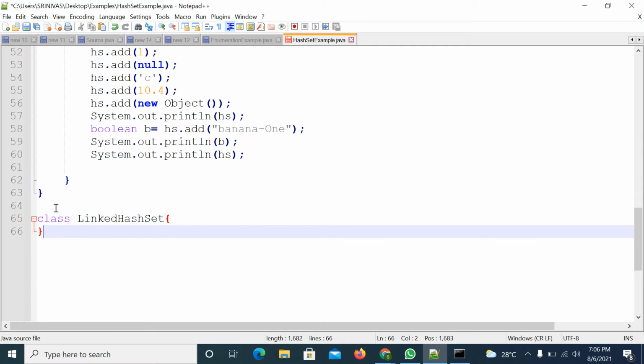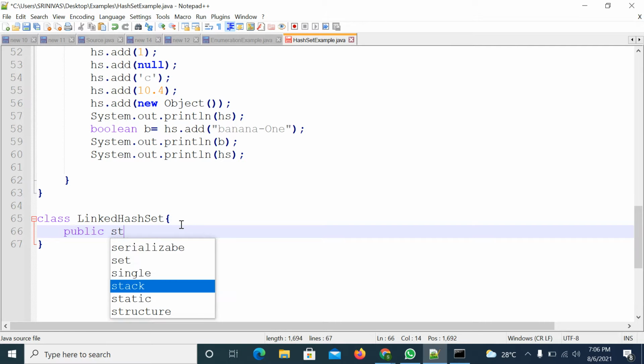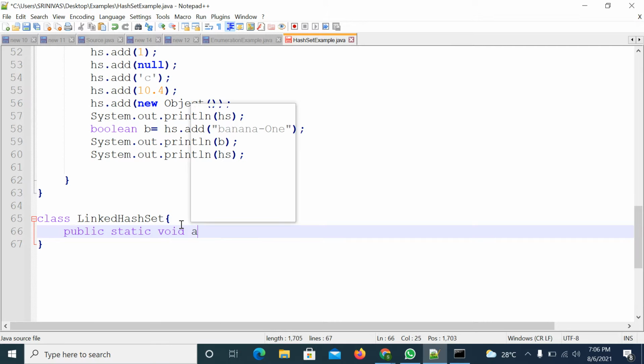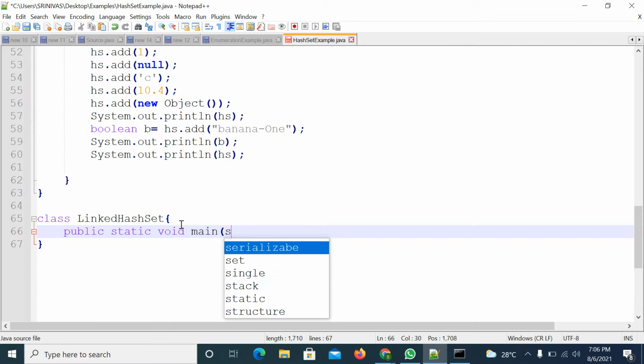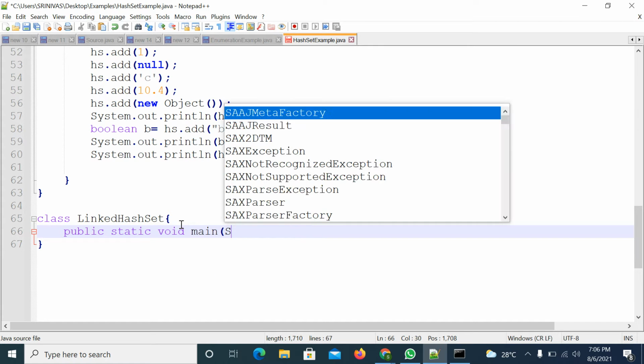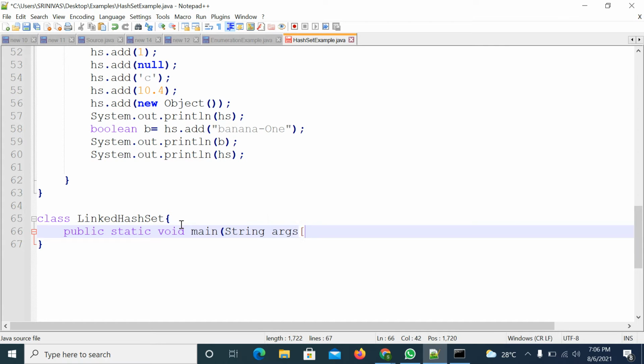LinkedHashSet. So I'm writing one more class, with String arguments.